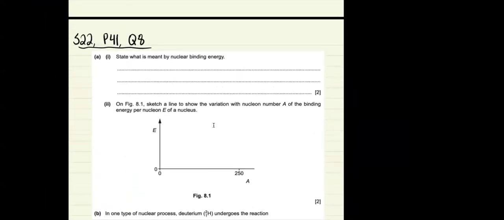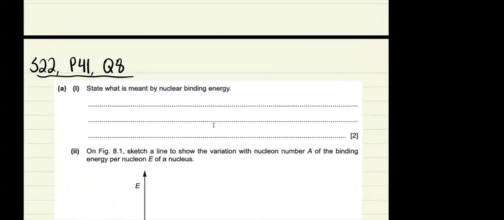All right, so A part one, state what is meant by nuclear binding energy. I think this is pretty easy stuff that all of you guys now know how to answer. This is the energy required to split apart all the nucleons, and you need to say that this is in separating them to infinity. If you don't say this, you will lose the mark. So do say this. Sketch a line to show the variation with nucleon number A of the binding energy per